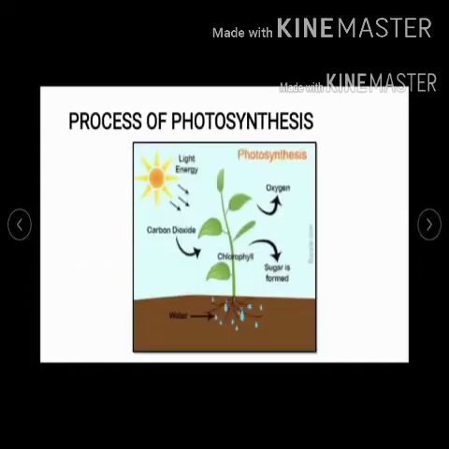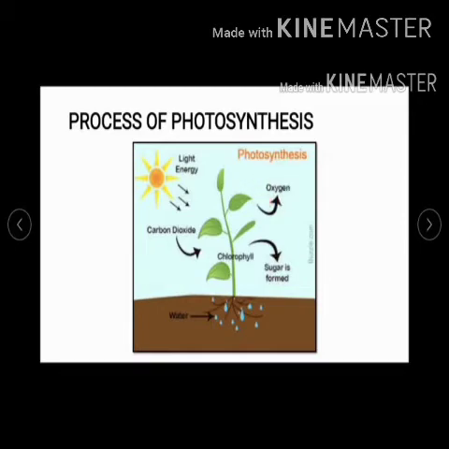So what exactly is the process? Let's get into it again. We have this particular green plant which is full of chlorophyll. It is going to absorb water from the soil through the roots, and on the other hand, carbon dioxide is basically the gas which we are getting from the atmosphere, along with sunlight from the sun. As a result of the process, once the whole thing is done, we are getting sugar as the main product and oxygen as the byproduct,